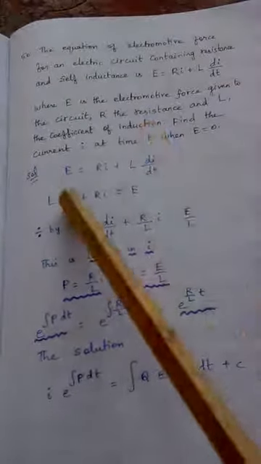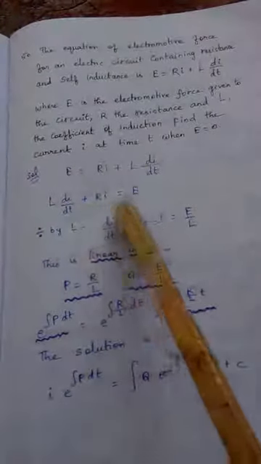So, what we do is, we will first write this expression which was given to us. This is nothing but the electromotive force expression. Now, I am going to arrange this in a specific way. See, first I am writing L di by dt plus Ri equal to E. The same thing I have written in a different order. Nothing wrong in it, because since these two are equal, I can interchange the sides. I can put E on this side, this on the next side. Even these two can be interchanged because only a plus symbol is present.